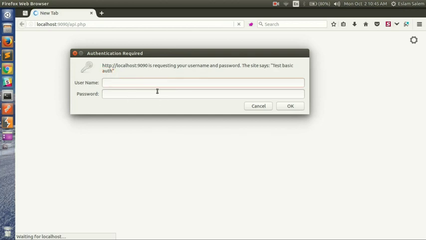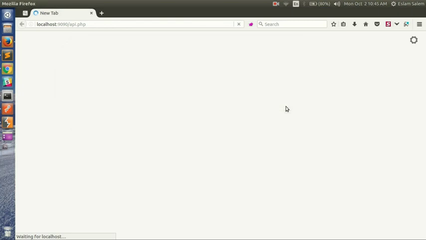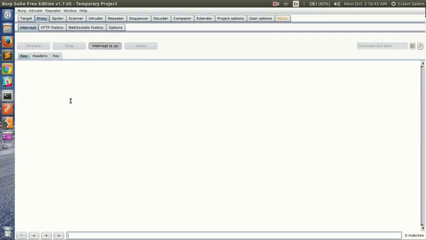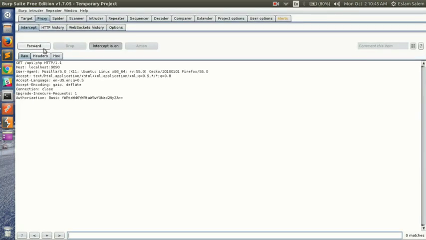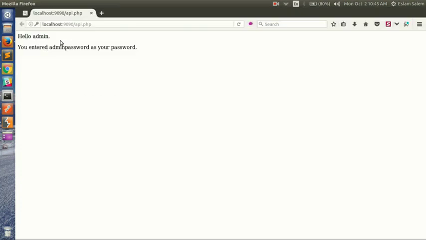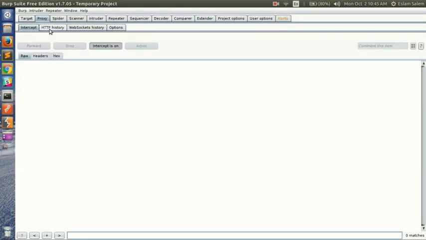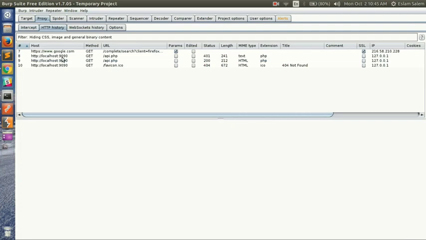So let's enter admin and admin password and hit OK. Let's forward it. Here it says, hello admin, you entered admin password as your password. Let's check the headers in the HTTP history in Burp. Here's our first request